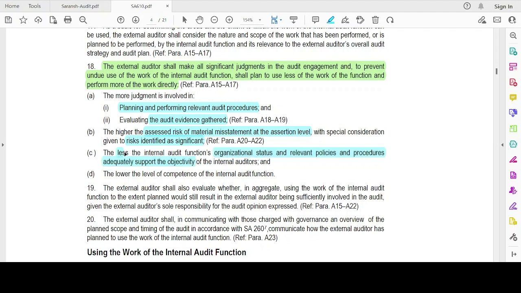Okay, but when there is less objectivity, then I will not give more work to the internal audit function. The lower the level of competence, the same points, right? Now,